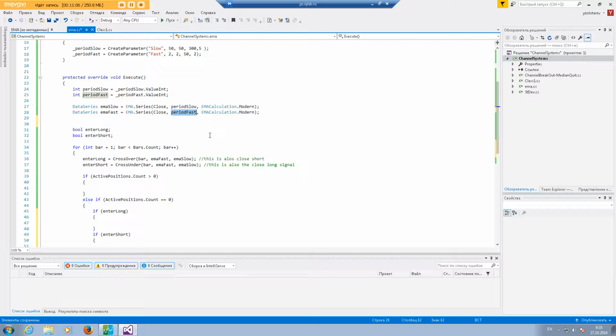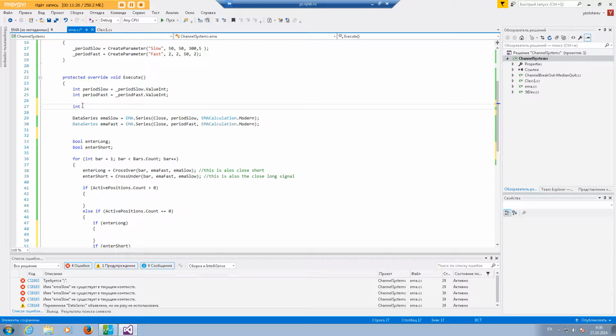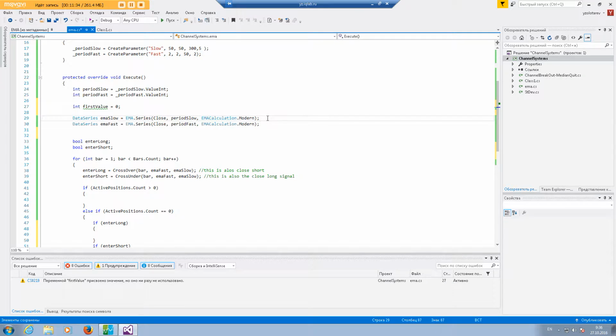And so now I need to make something which is called the first value. We can't start from bar 1, because at bar 1 we don't even have an EMA yet, right? So let's have a first value. It's going to be 0, and right here,